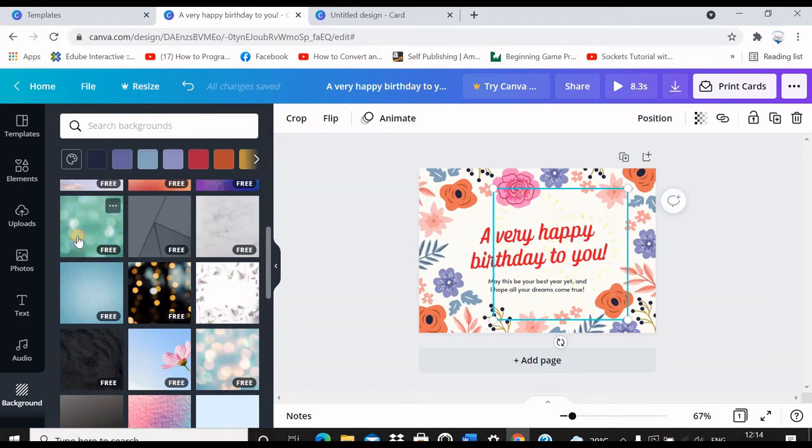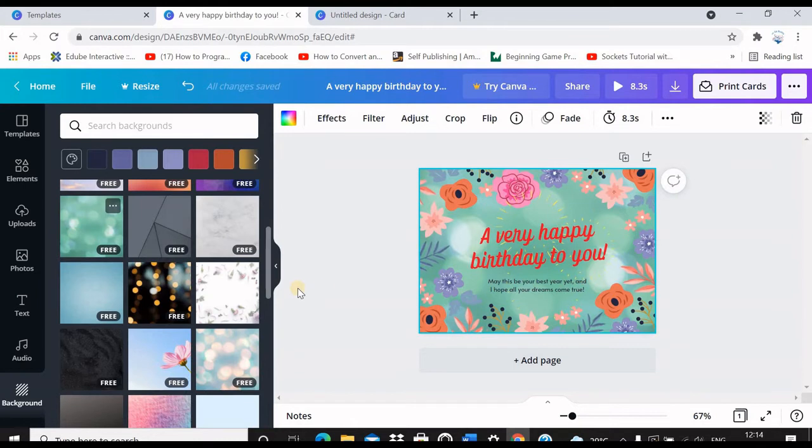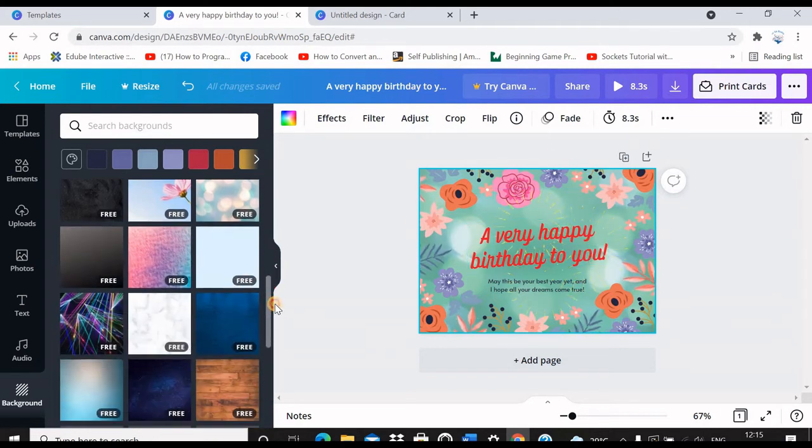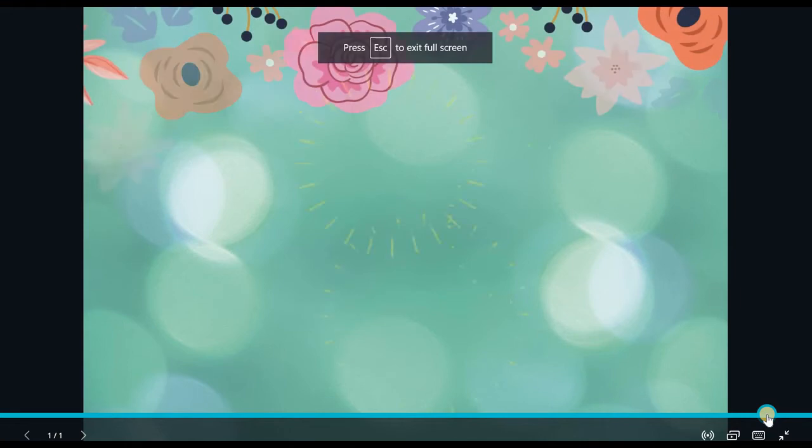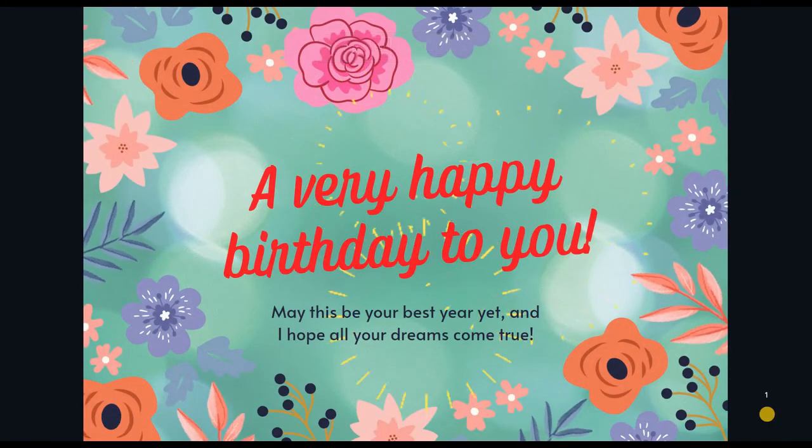We'll try this out. Now this is the background color we have changed to this. You can choose anything. Once the background is changed, the animation is now visible. So it is becoming a little more attractive. You can choose from the wide range of colors available here. We'll go ahead with this background and this animation. I'll show you how this will look in the preview. It has become a little more colorful.